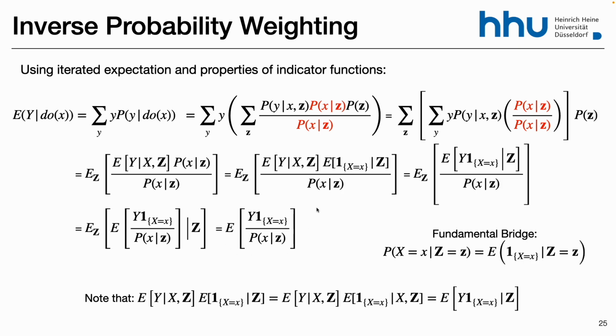I mean, it's just a curiosity if you like the proofs, but you can show that if you use the weights, in the end it's nothing. So the weight is still here, right? So without using the weight, you are just getting the expectation of the y's that have x equal to x. So anyways, this is the proof.